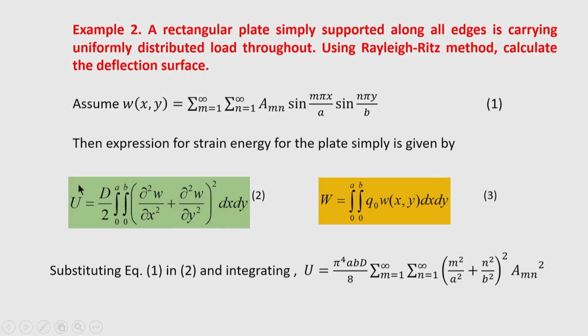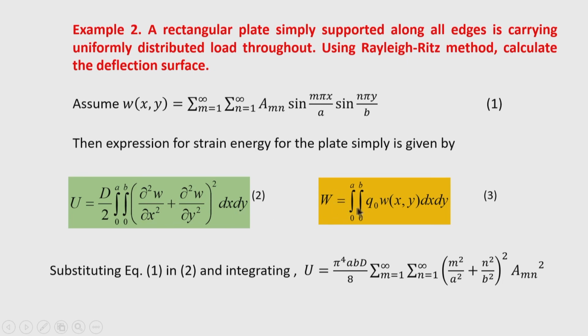The deflection and slope normal to the boundary of the supported edge were taken 0 for the clamped edge, and it is also true for the simply supported edge, because the product of curvature is there. So, it becomes 0. Therefore, we take U equal to D by 2 integration 0 to a, 0 to b, del square w del x square plus del square w del y square whole square dx dy,